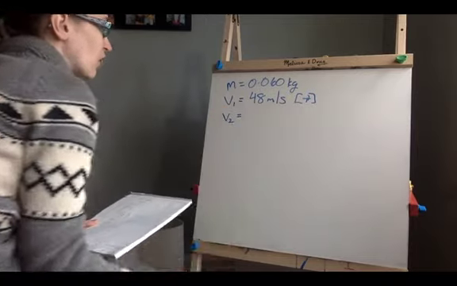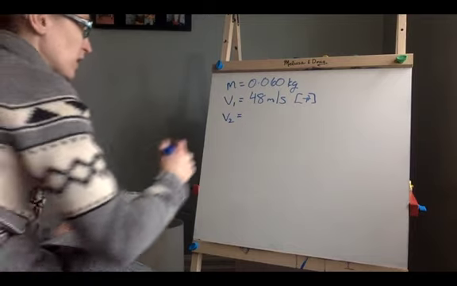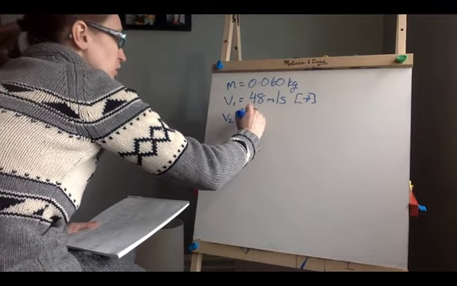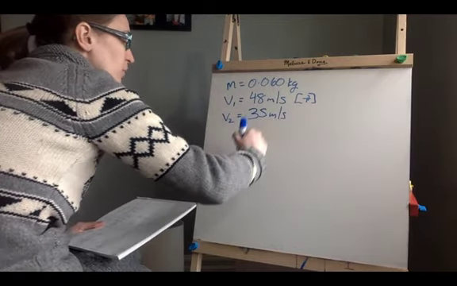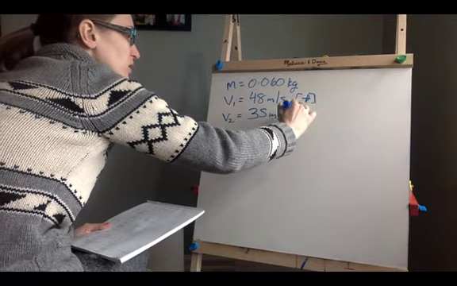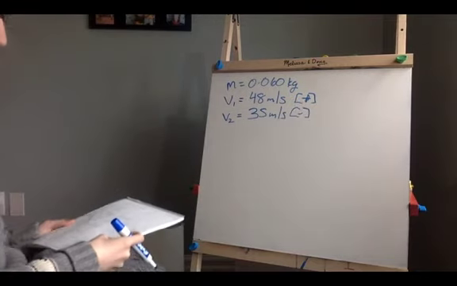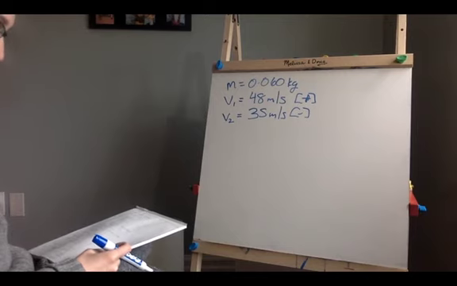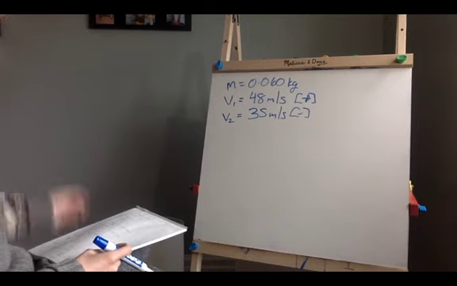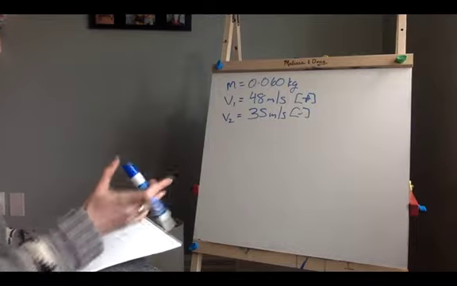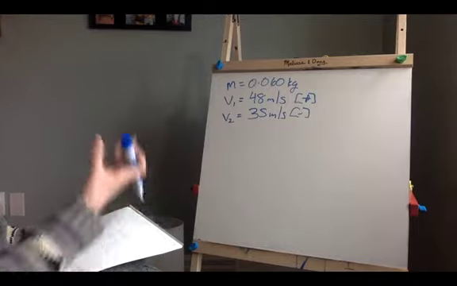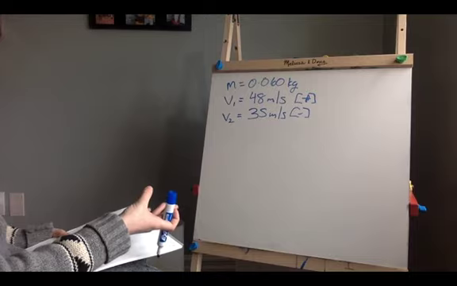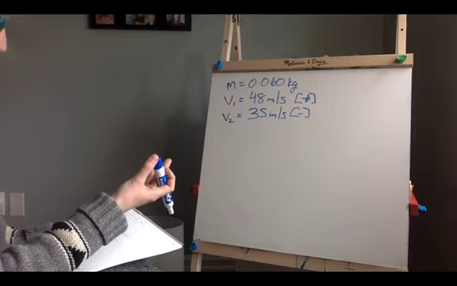V2, right, the final velocity would be on the way back, okay? So it was returned at a speed of 35 meters per second, and because it's being returned on the way back, we will have to assign that a negative, right, because it's coming backwards. So the question's asked us then, what's the impulse, right? So we've just talked about how the impulse would have been force multiplied by change in time, right? But we don't have,